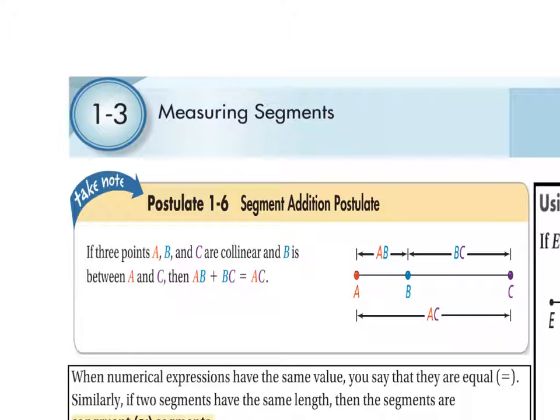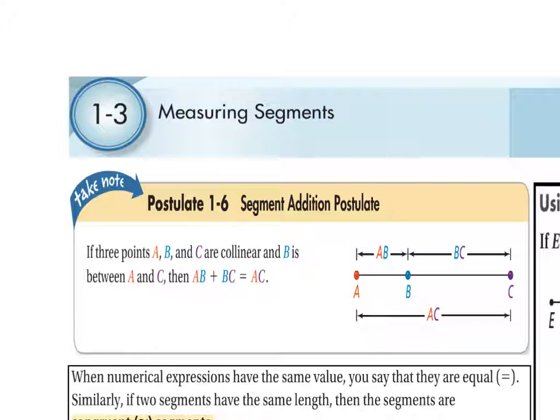Okay, these are the postulates for section 1.3, and as a matter of fact, there's only one of them. It's postulate 1-6, and it's a very important postulate. It's one that you will use quite often throughout the year. It is the segment addition postulate, and one of the things that you will hear me talk about a lot